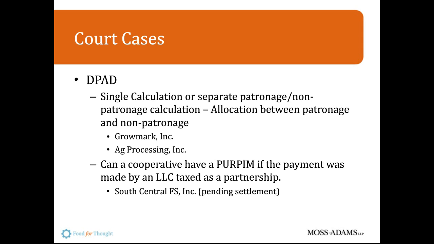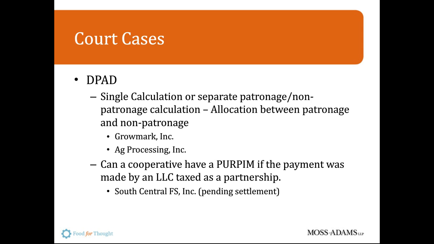That would preserve your rights to get refunds if these two court cases for Growmark and egg processing turn out favorably. Both cases have been tried, and they are going now through the briefing process in tax court. It's anticipated that we've probably got another year to 2 years before we get any type of resolution from the court as to what their decision would be. And it's likely that there would be appeals that would follow after that. So we are a long time in running in terms of when we'll have a final decision on this.